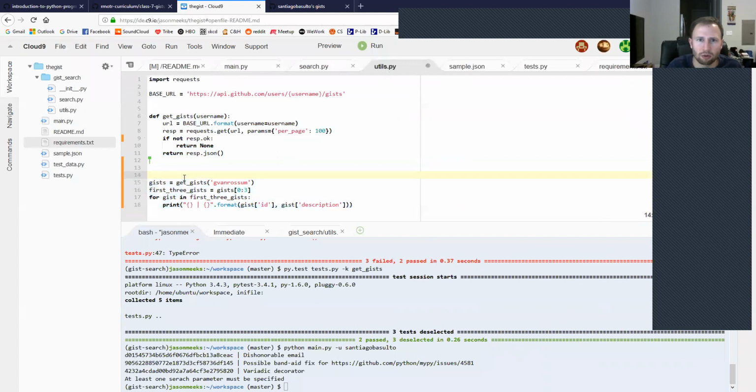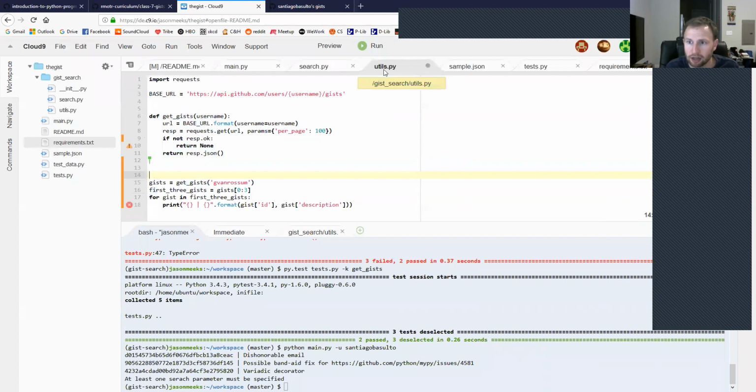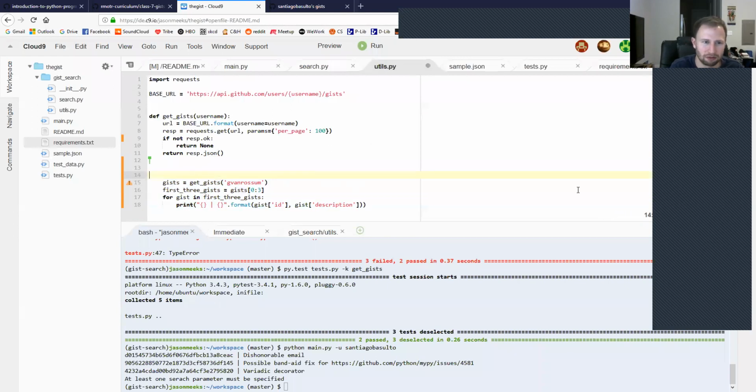So there's actually a way to make it so this code only executes when I'm focused on this file. If I run main.py, it won't execute it, but if I run utils.py, it will execute it. The way we can do this is nothing more than a simple if statement. We just say if